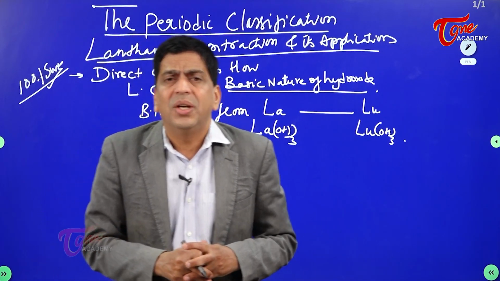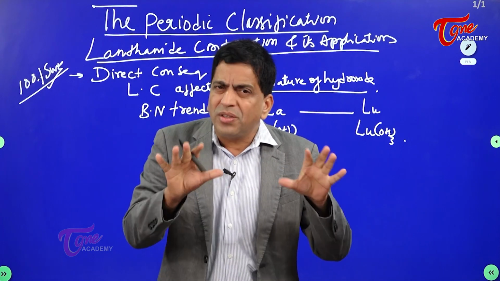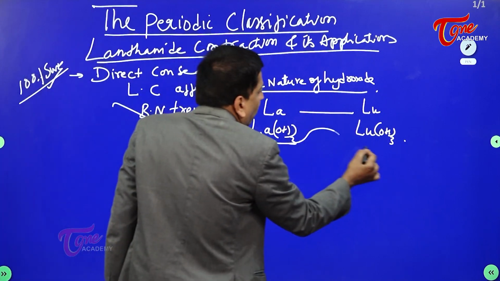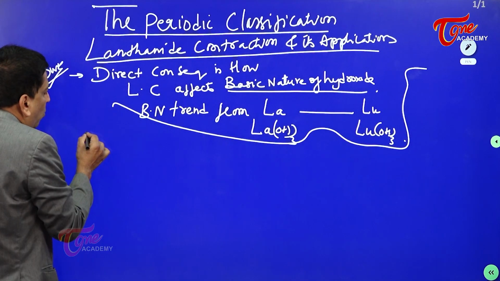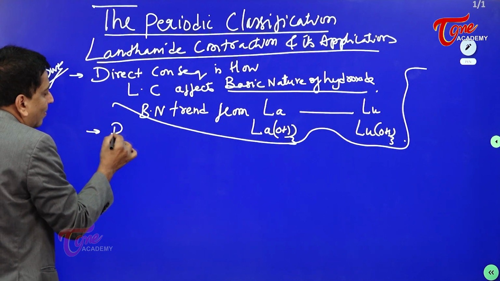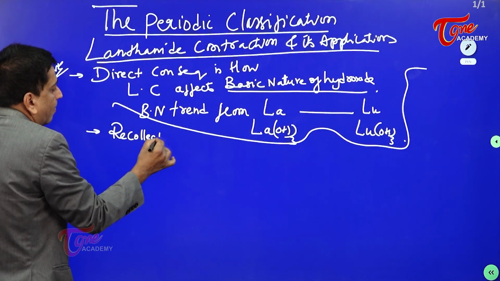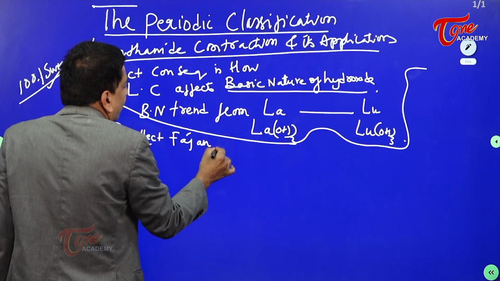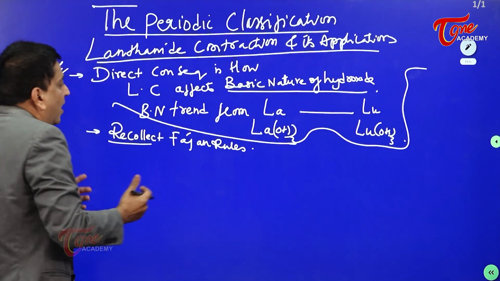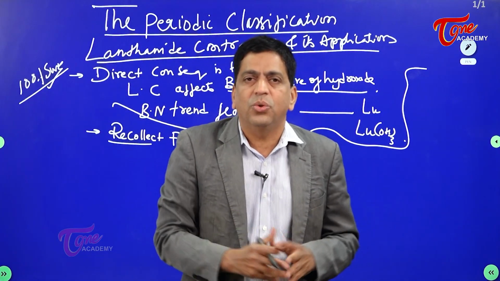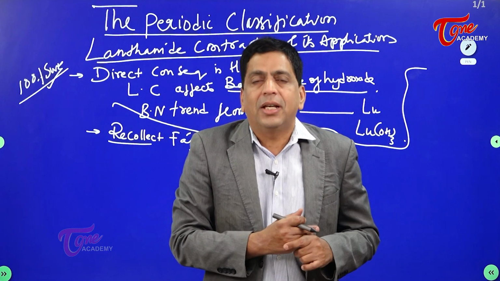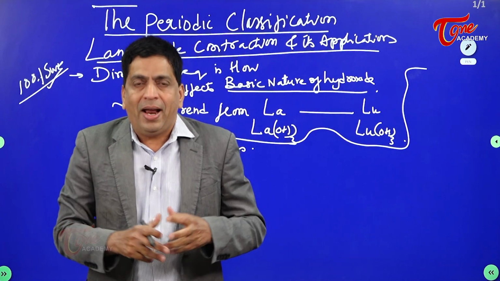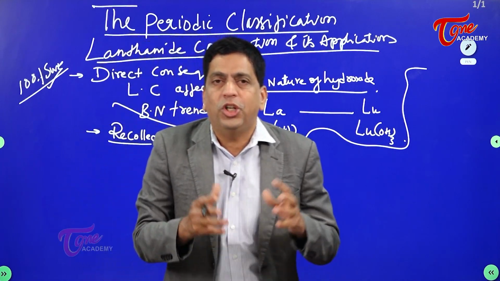To understand this, we should know the concept of polarization. So I draw the attention of everyone here, right? Watch carefully. If you recollect Fajan's rules, recollect Fajan's rules, right? Why are Fajan's rules told? Because where do we actually apply Fajan's rules? You must understand, we will apply Fajan's rules to judge